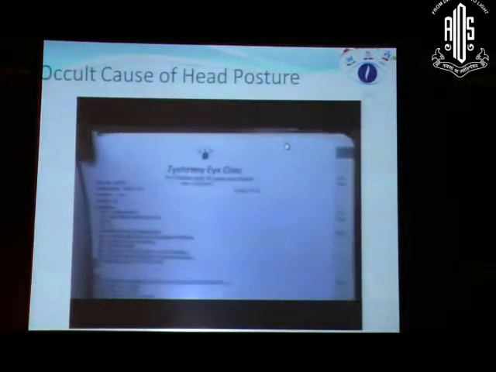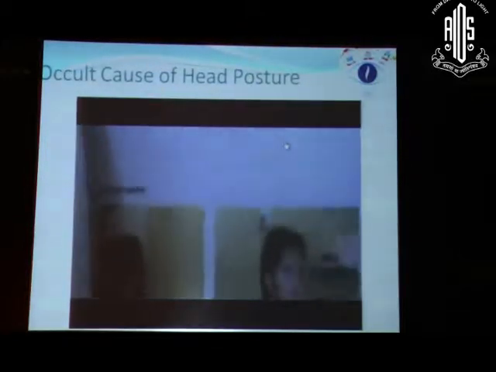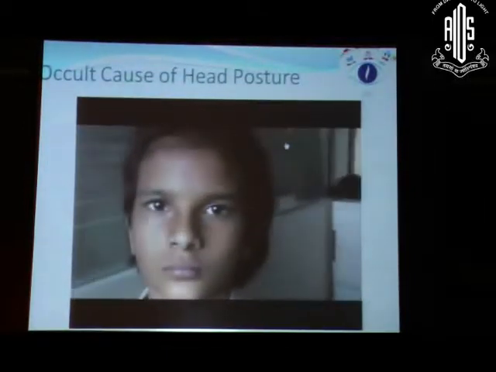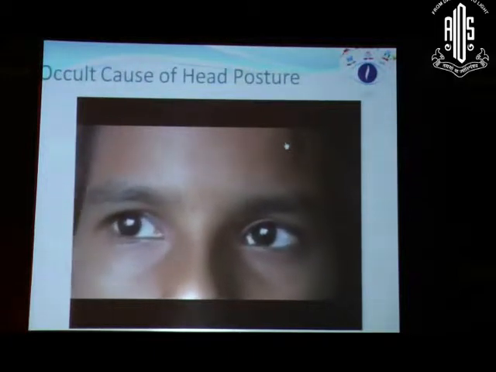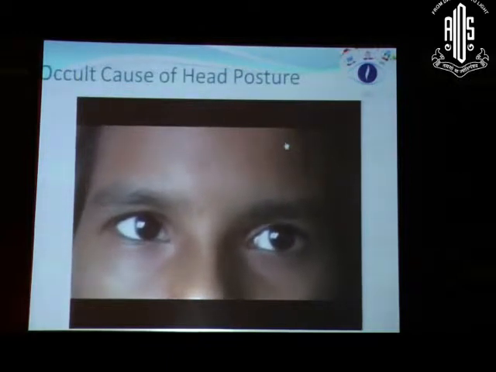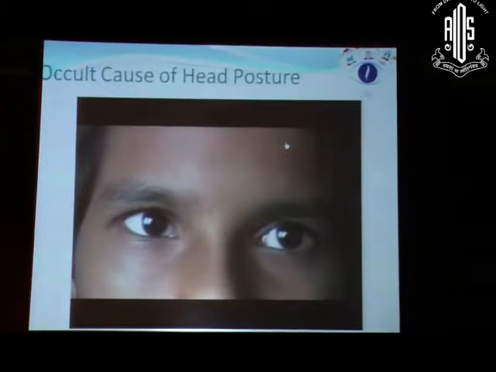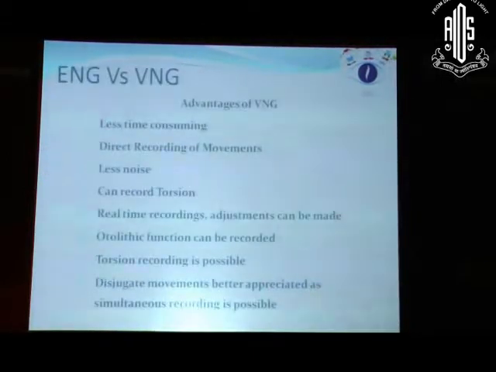There are very rare situations where you have a head posture which cannot be explained, but is essentially due to an eye problem. When the child's eyes are closed, the head is straight, and they don't have any other abnormality, but when you perform video nystagmography or eye movement recording, you may find a small nystagmus coming up. In fact, you may put this patient on your autorefractor and may also be able to detect a small nystagmus, which is probably the cause of the head posture, and this can be easily recorded on video nystagmography. So for any patient who has ocular torticollis, it may be worth doing EMR.